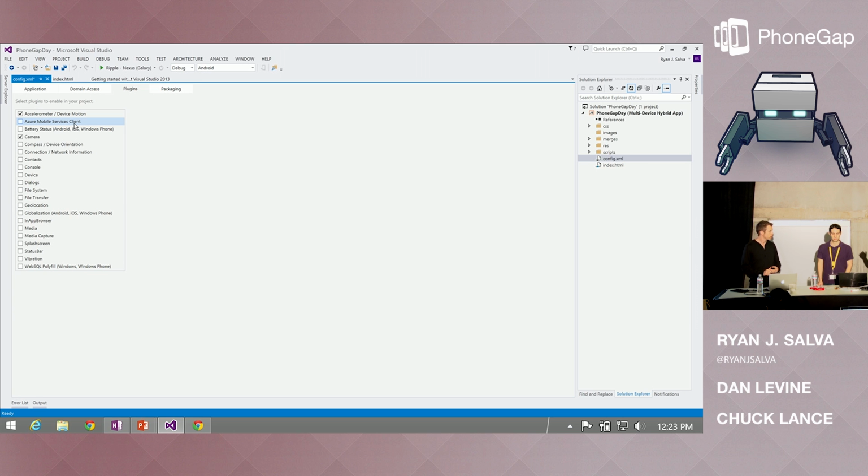So there's a rapid set of commands that we fire off in succession, from plugin add to the actual build and emulate and run commands. Fundamentally, that's what's happening underneath the hood.